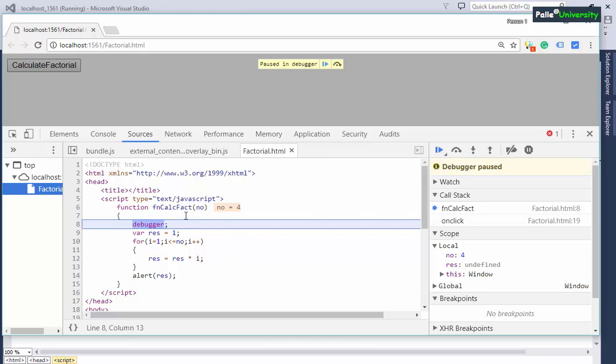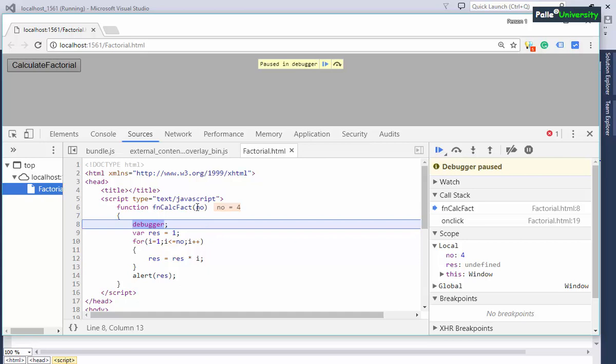Observe carefully. I already told you that by using a debugging technique, we can see runtime variable data. This NO is a variable. What is the data coming into the NO variable? When you place the cursor on top of it, you can happily see that value, or otherwise you can see the value here also. But anyhow, I strongly recommend you observe values by placing the cursor on top of the variable. It may be useful while implementing real-time applications.